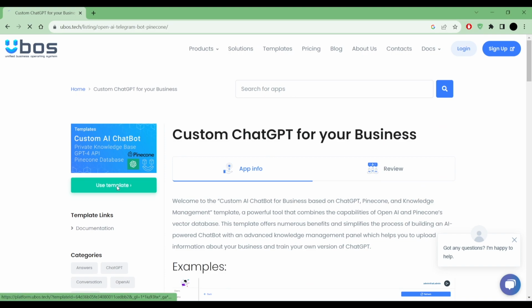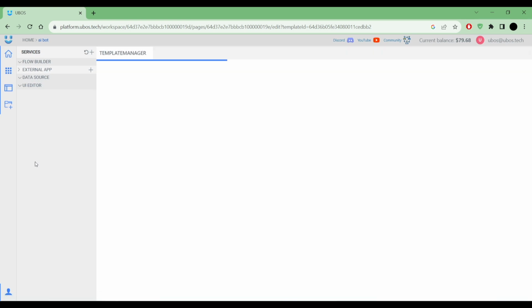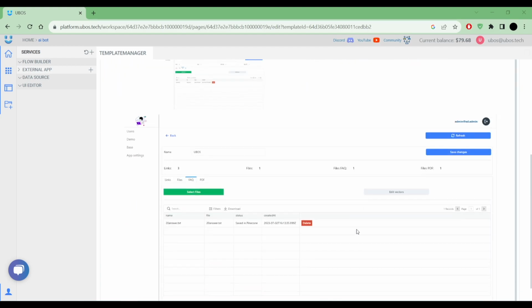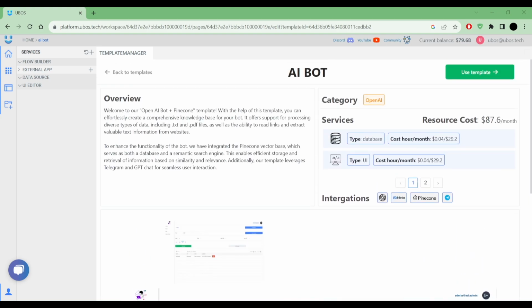Let's press this button and we have redirect to our platform. We just need to log in or register a new account. After that, you have opened this template on our platform, and you can read some overview. You can see category of this template. You also can see some images, how it looks like, and the main thing, you can see how much it will